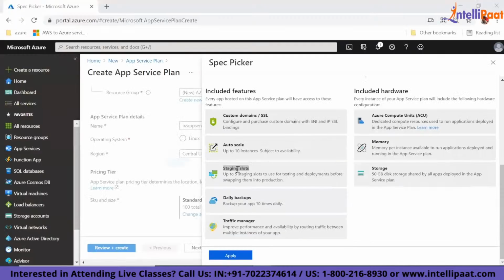This has been taken care of so nicely that you will not see a single second of downtime. There is a swap function which you can use to avoid downtime. That is where deployment slots, or staging slots, are important. With this pricing tier, you get 5 staging slots, so you can create a dev slot, a test slot, or a production slot.